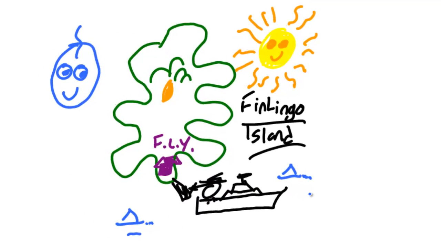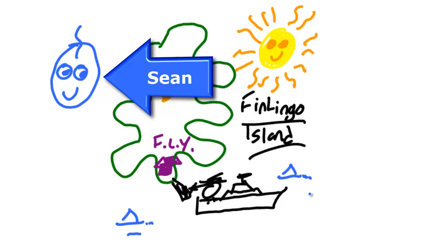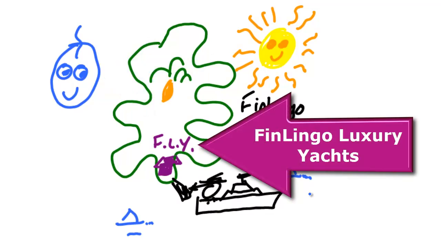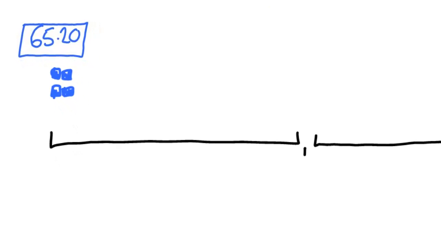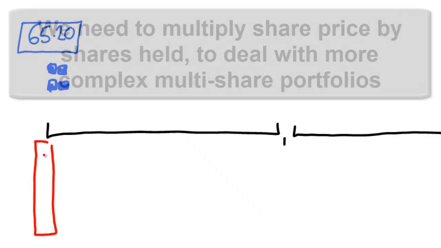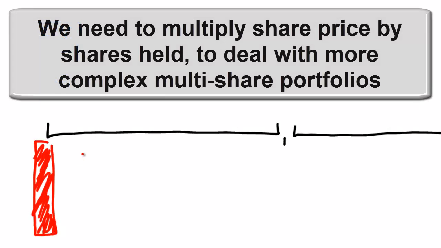Here we've got our regular investor Sean, who's decided to invest in Finlingo Luxury Yachts, or FLY, for a 2-year period. At the beginning of his investment, the FLY share price is $65.20. Sean buys 4 of these shares, so that's an investment of 65.2 times 4, which is equal to an initial investment of